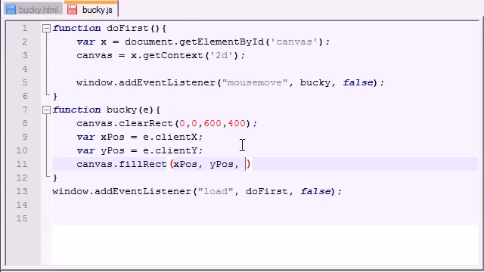So now that we have the coordinates of where the mouse is and we're telling the canvas to draw a rectangle right there, we need to say, okay, but how big do you want that rectangle? Well, let's just go ahead and make it a simple square, 100 by 100. So let's save this and see if I messed up at all. Now check it out. Nothing's happening right now because it waits until I move my mouse over this white part. Now once I do, check it out. A square now